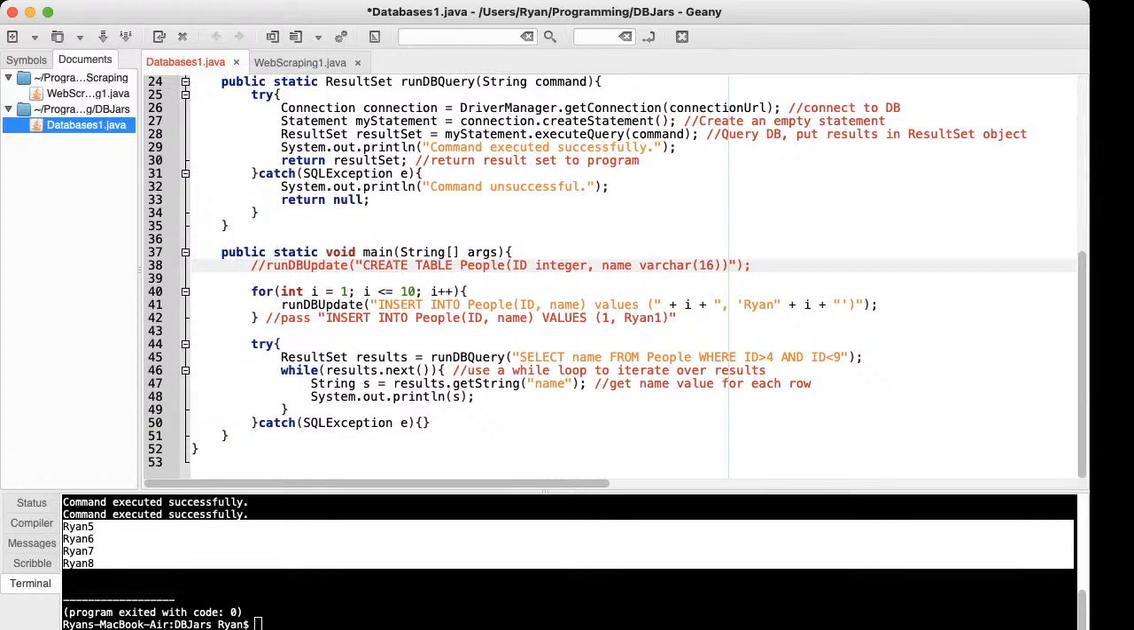Okay. So maybe I'm going to add one more row to it. So I'm going to add one more row. I'm going to insert into people, ID, comma, name. So maybe their ID number is going to be 451. And their name is going to be, I don't know. Let's add